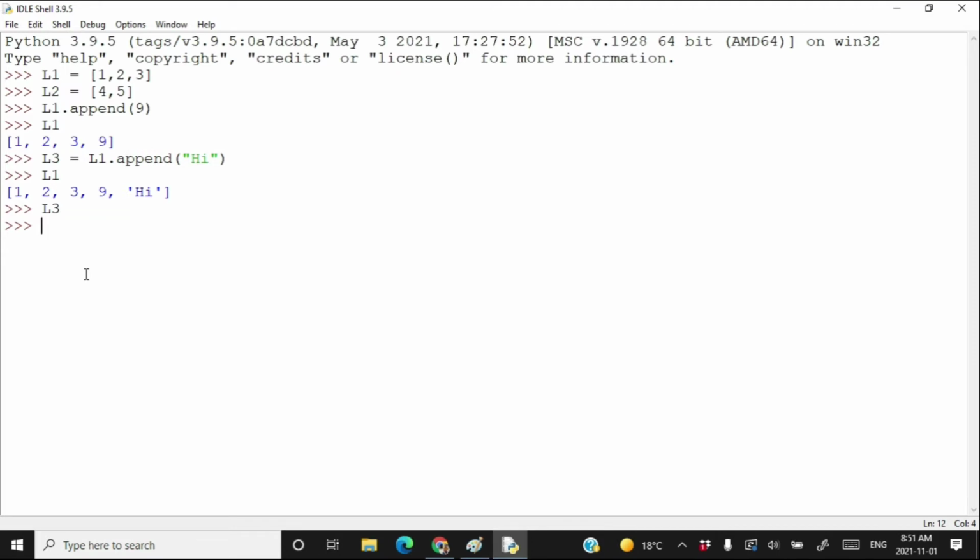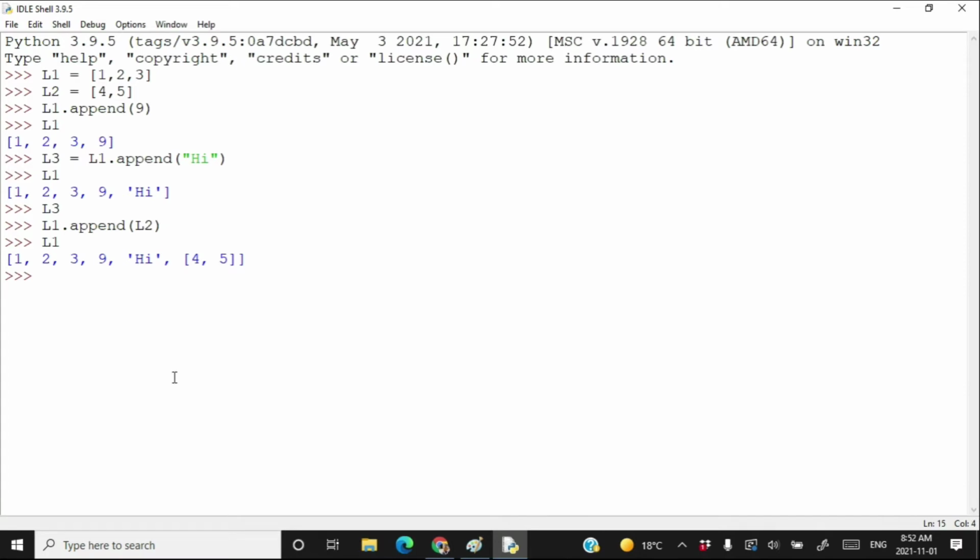Suppose that I want to append the list L2 to the list L1. Write L1.append(L2). So I want to extend the list L1 by using the list L2. The L1 now has one more element, only one more element, and that element is the complete L2 list. Notice here that 4 and 5 have not been added as separate elements of L1, but 4, 5 as a list got added as one element of L1. This is the append method. Hopefully you are getting it.